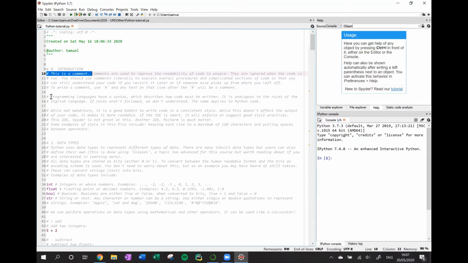Every programming language has its own syntax, which describes how code must be written. You can think of it a bit like the laws and rules behind the English language. If the rules aren't followed, then we don't understand. And the same applies to code in Python. While it's not mandatory, it's a good habit to write your code with a consistent style. It doesn't affect the output of your code, but it makes it more readable to yourself coming back later